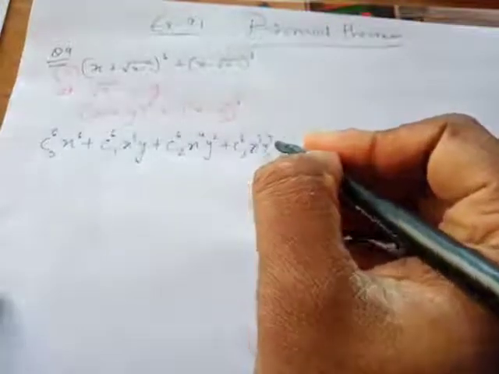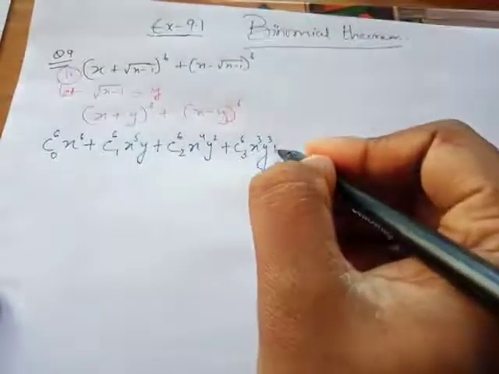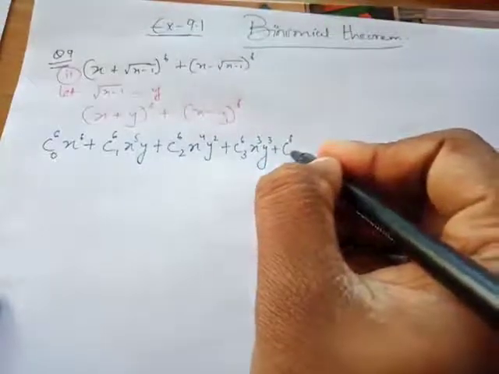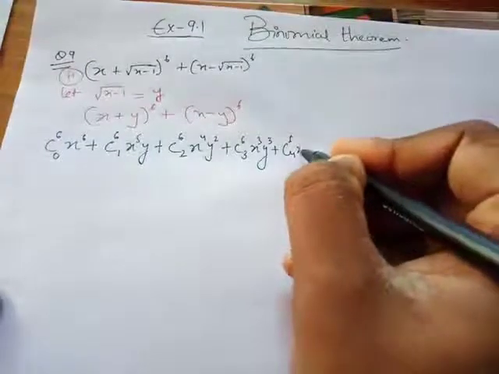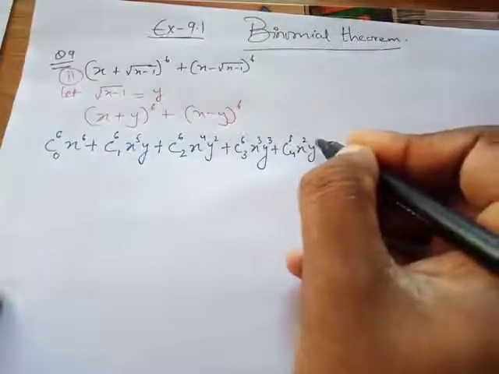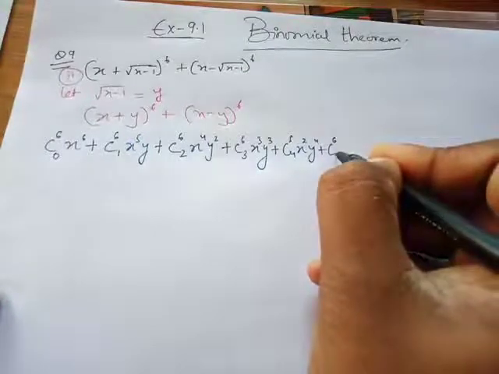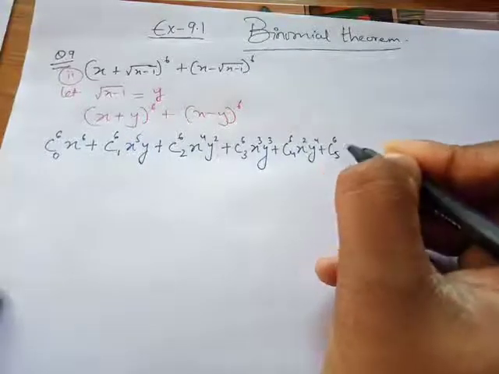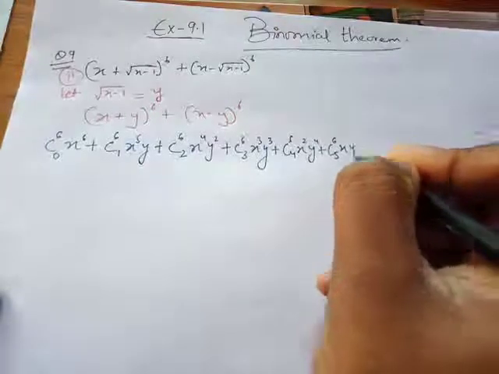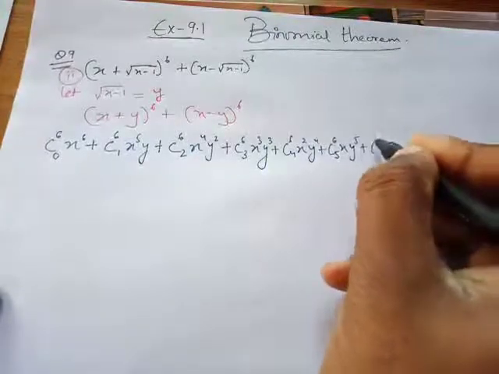Y power is going to be 3. Altogether it should be 6, plus C64 x to the power 2 and y to the power 4 plus C65 x and y to the power 5 plus C66